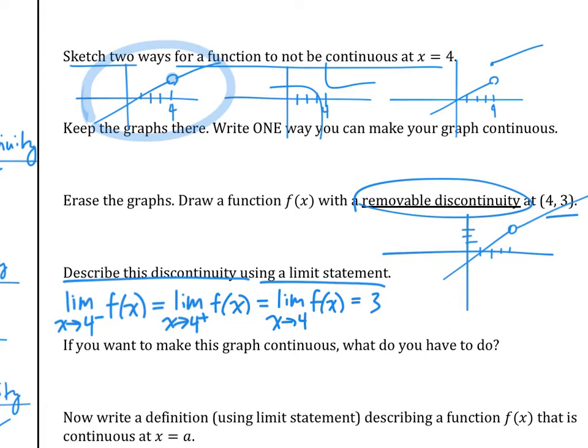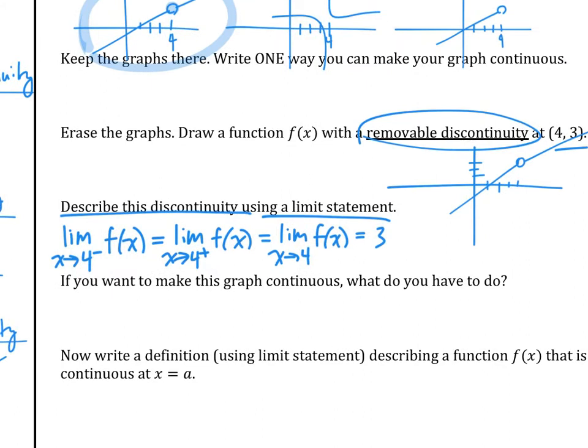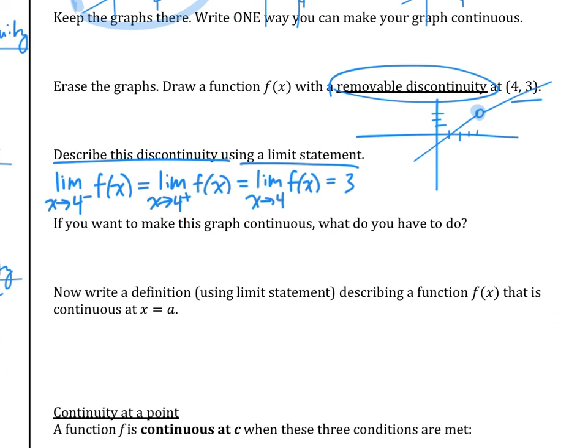So kind of like what we learned prior to this. If you do want to make this graph continuous, what would you have to do? Very simply, fill in that hole, right? So, the last part. Now write a definition using limit statement describing a function f of x that is continuous